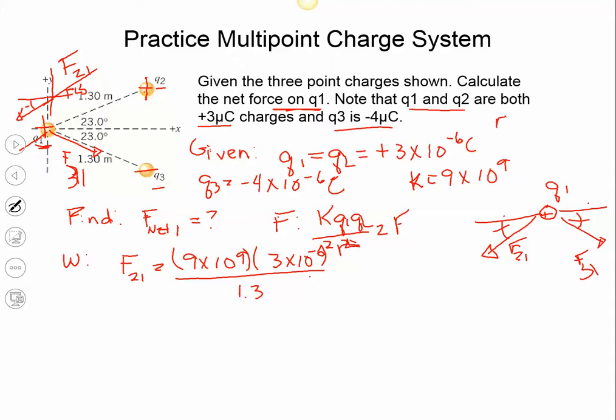R 2,1 is 1.3 meters, and R 3,1 is also 1.3 meters. We were also given that information. Don't forget our square here. Okay, so when I put that in my calculator, I'm going to get that F21 is 0.0479,